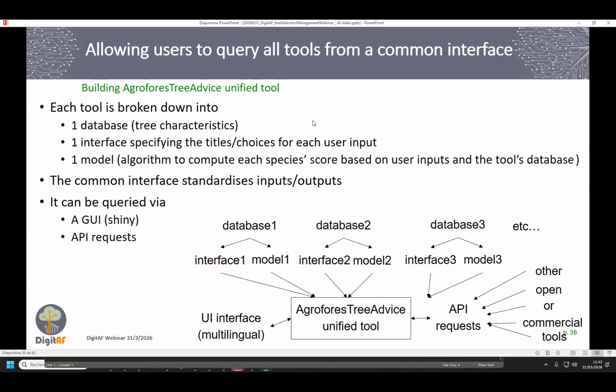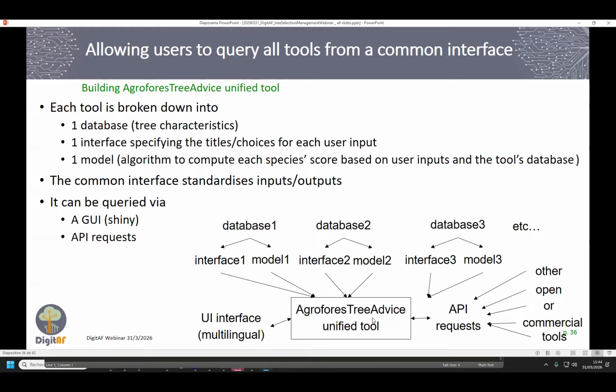Then, to allow users to query all tools from a common interface, we built a unified tool called Agroforestry Advice. We took each tool and broke it down into one database, the underlying data, the tree characteristics, one interface specifying the inputs and outputs from the user, and one model, which is the scoring algorithm to compute the tree score.